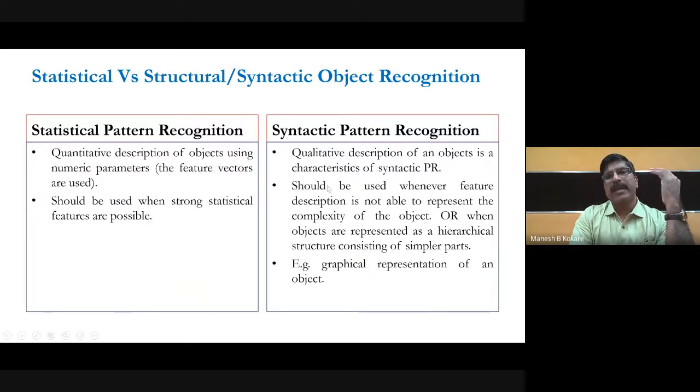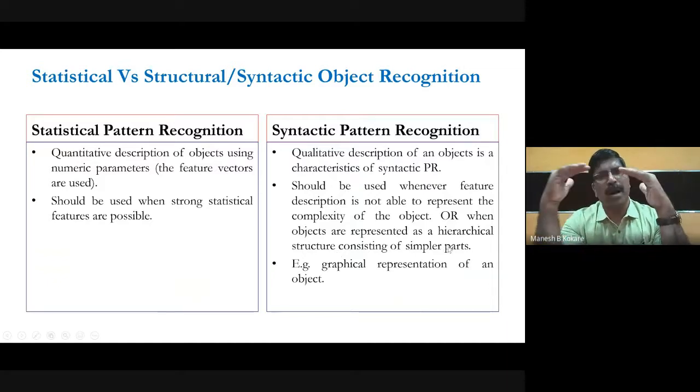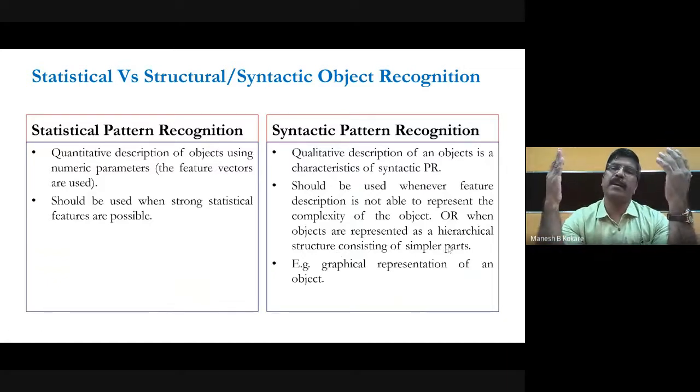The syntactic approach should be used whenever feature description is not able to represent the complexity of the object with the help of a simple statistical approach, or when objects are represented as a hierarchical structure consisting of simple parts, or are represented in graphs and so on.